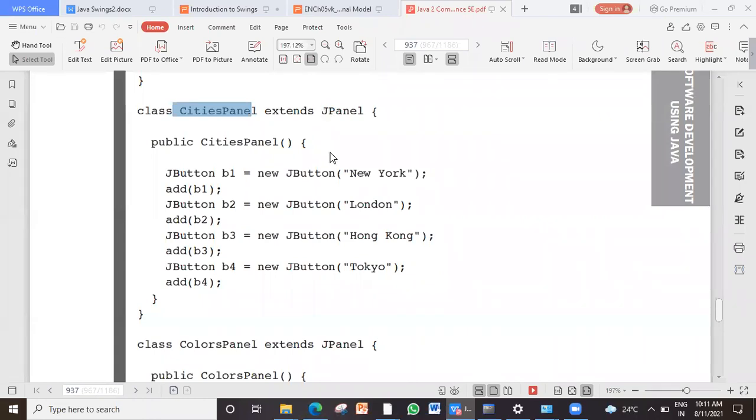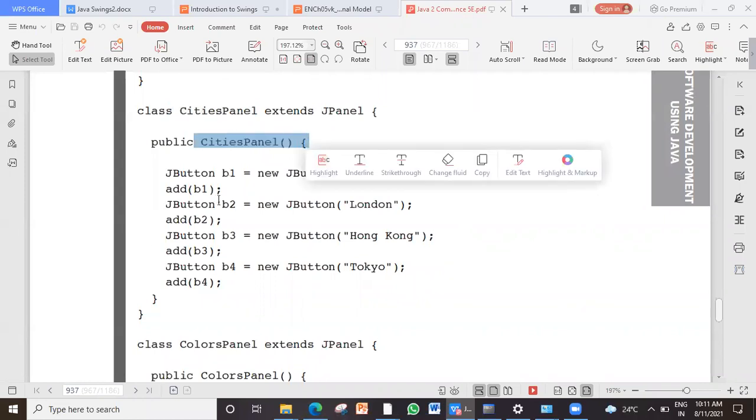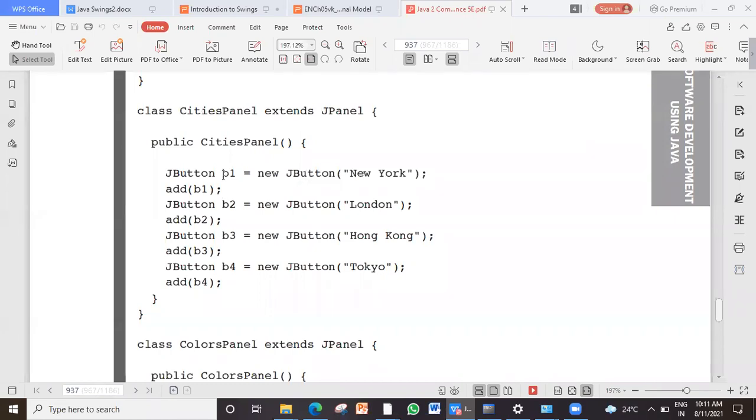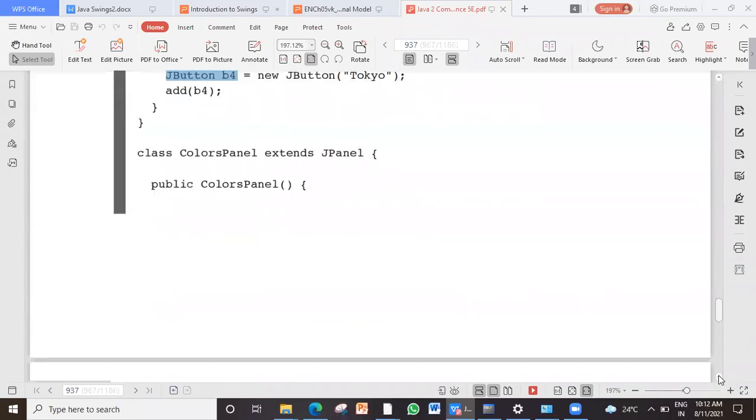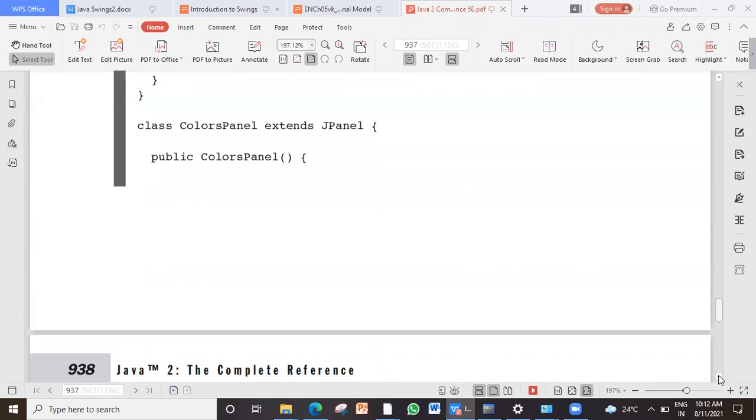So first I create a panel. This is the constructor. Inside the constructor, my first tab is made up of 3 buttons. Cities are made up of buttons. Do you recollect that? I had shown you the output. So these 3 buttons I have defined, and I have added them on the window. Which window will it add to? To that Cities panel. So one panel is created. Then I am creating the Colors panel. You remember how the Colors panel is? Is it with buttons?